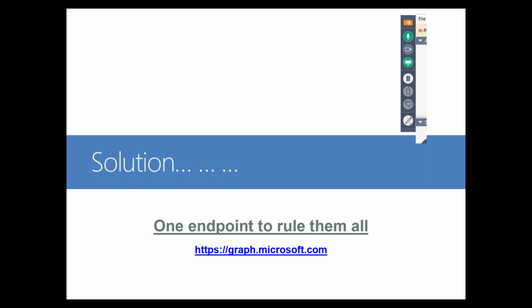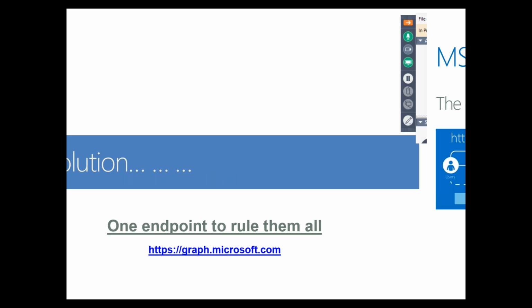So the problem is that you have to do multiple token management and everything. So the solution is one endpoint to rule them all. So why not create one API endpoint? Through that one API, you can access everything in Office 365. So the work currently done by individual APIs for Outlook and OneDrive and so on,